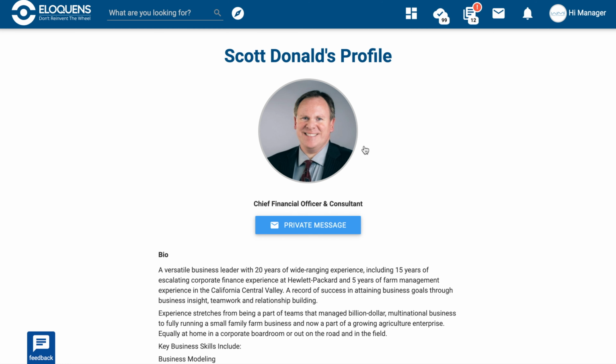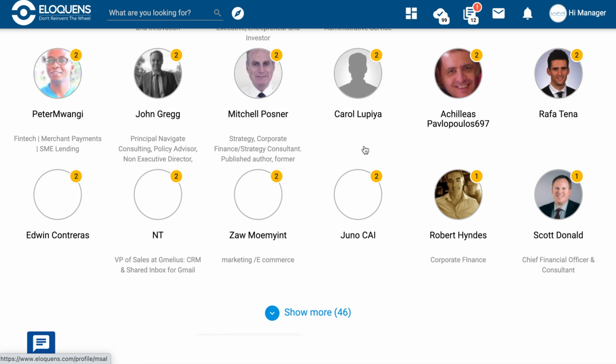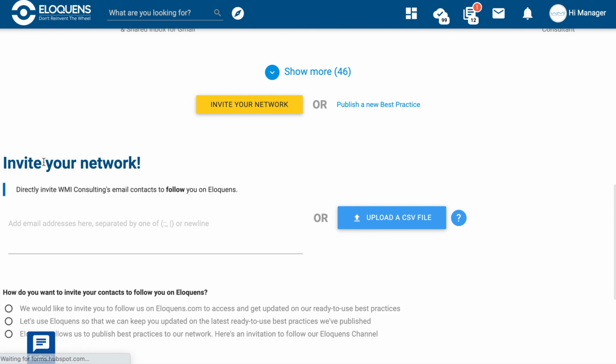If you go back to your followers page, you can scroll down and see the Invite to Your Network section. This is where you can directly invite your email contacts to follow you on Eloquens. Simply type in the email address here that you want to invite, or you could upload a CSV file containing